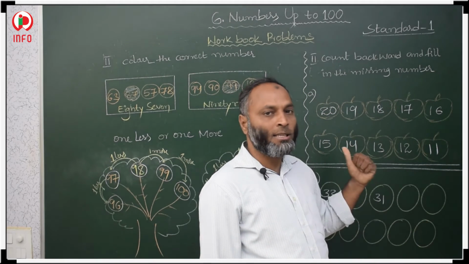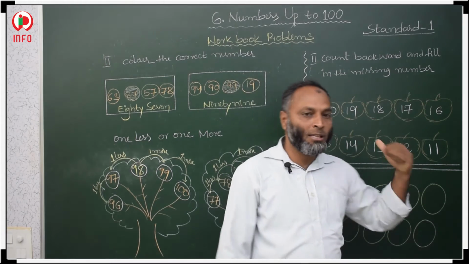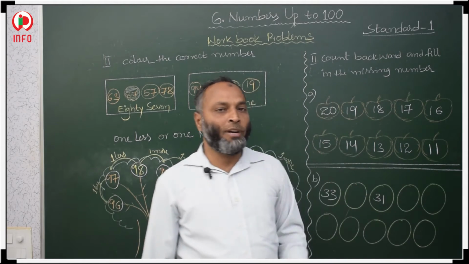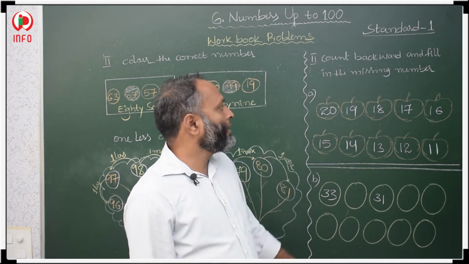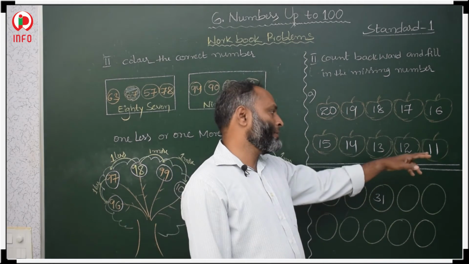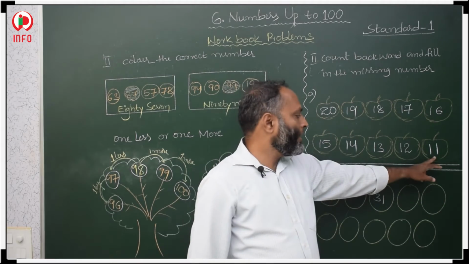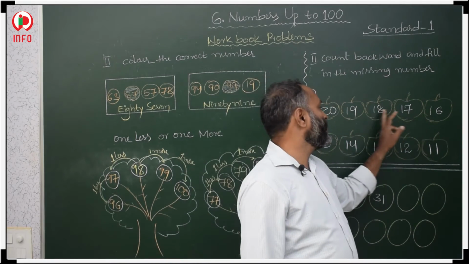So like this, if backward counting is given, we have to write the before numbers in the blanks, in the missing places. Once you check in the reverse order, 11, 12, 13, 14, 15, 16, 17, 18, 19,